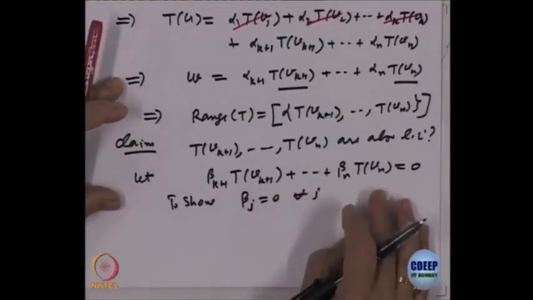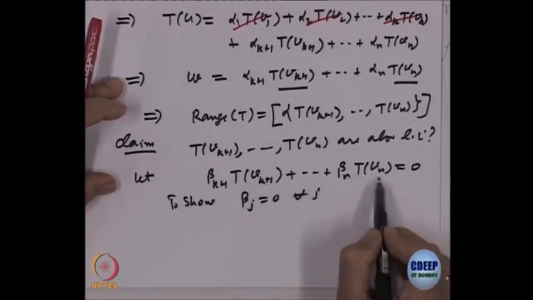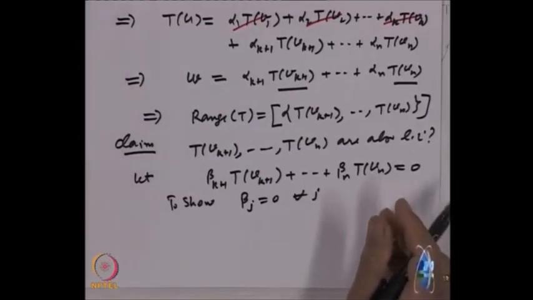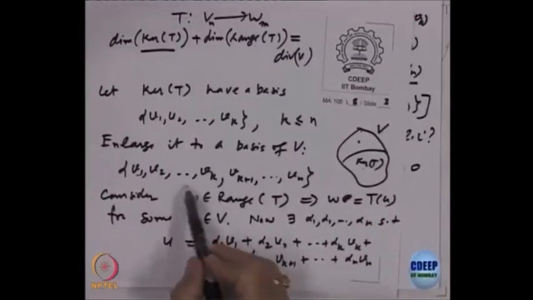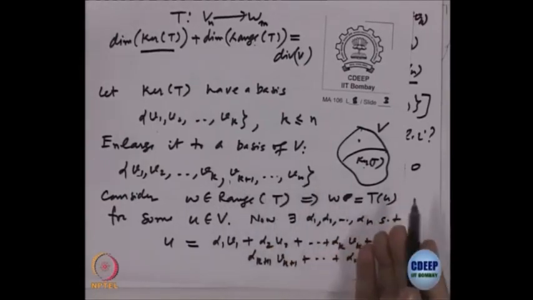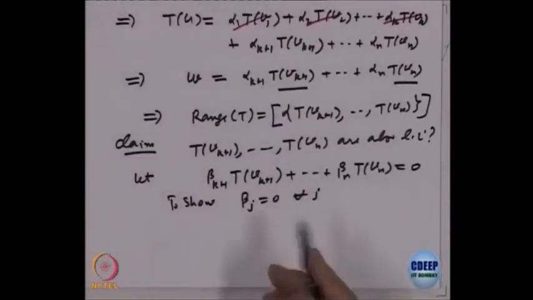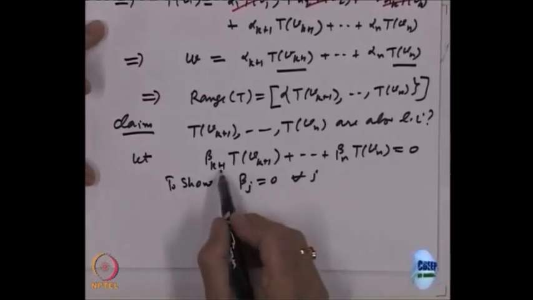But now, what do we know? We only know that these V k's are independent, right. You recall, because we had a basis, these were the basis of V. So, these ones are independent. We have to now somehow go back to the domain space and use this fact there. So, how do I go back? So, the idea is this one,